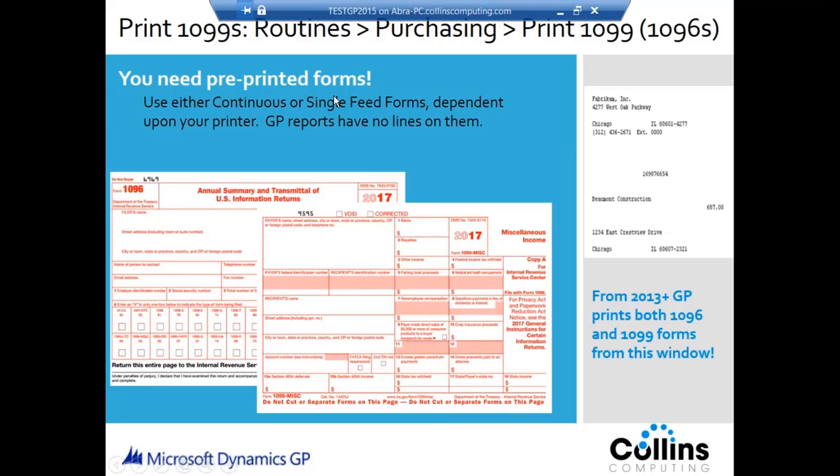But basically, you need pre-printed forms. You can either use the laser stock where it's single feed, or you can use the old dot matrix style, which is continuous. I wanted to bring that up because depending on which one you have, you need to select something different in the printing screen. But you need to go out and get your 1099 forms for the year that you're printing them. And you can reprint. If somebody wanted some form back from previous years, you might not have the physical form available,